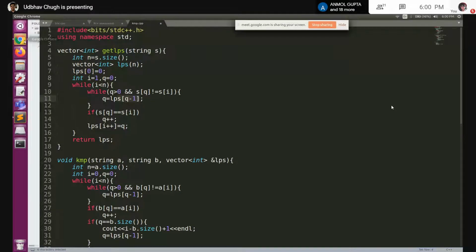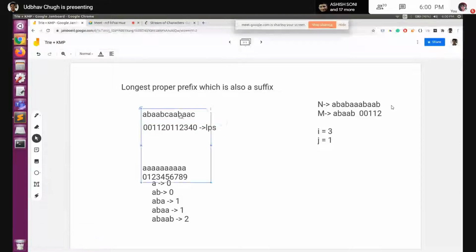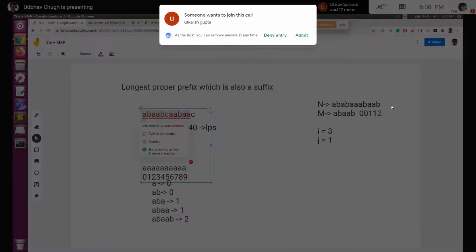So let's look somewhere from here. At this point we had the LPS value of 2, right, till this particular point. So here we saw that LPS value was 2, so my q was at this index and my I was at this index. Okay, so now I'll have to check whether my q index is equal to my I index.